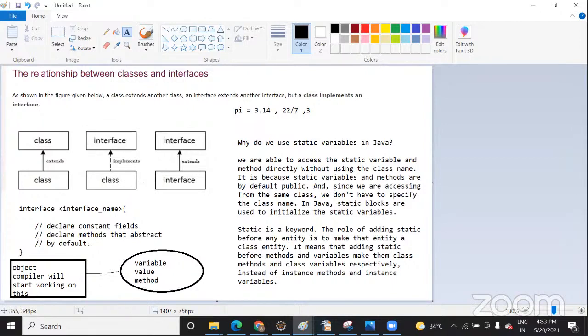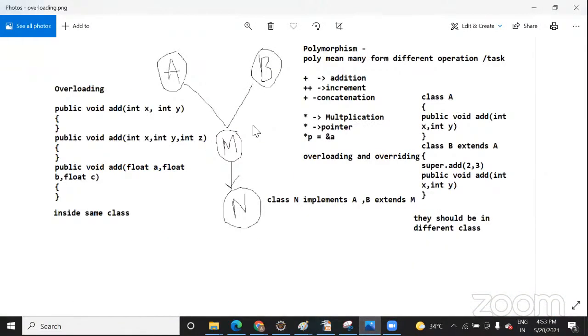For example, in the last class, A has an add method and B also has an add method, both with the same parameters. So there will be a collision here. It becomes confused about which add method to inherit. If it inherits both add methods, it will create a further problem in extending the class.